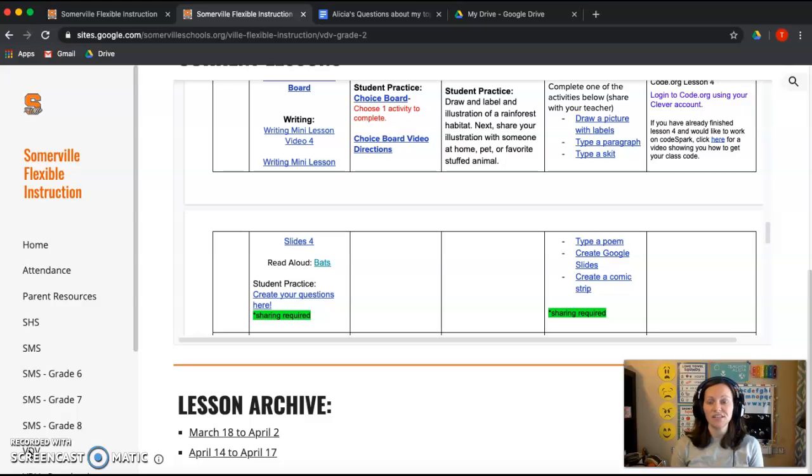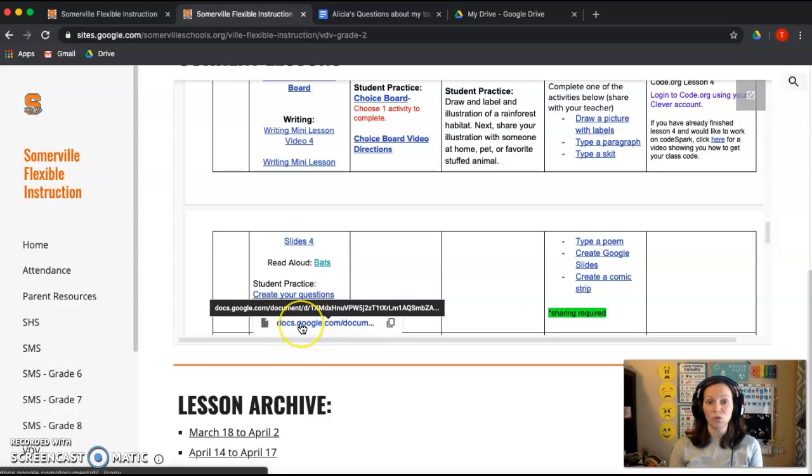So in our district, a lot of the assignments are listed as a Google Doc that the children need to complete and submit online. This is hard for my second grader, but it is doable with a little help. So what happens is the assignment says student practice. I click on the blue link. It says it's going to be at docs.google.com, so I know it will be a Google Doc, which is like